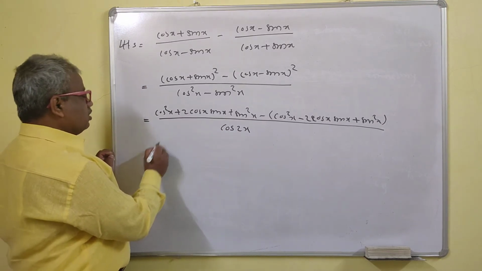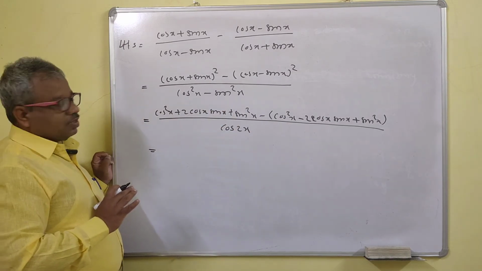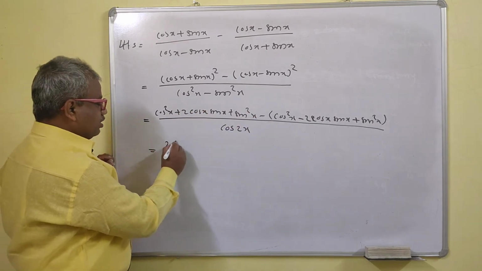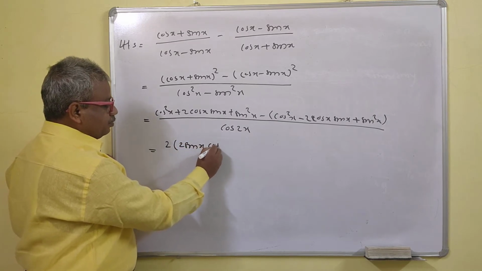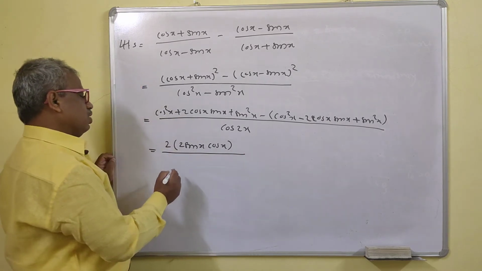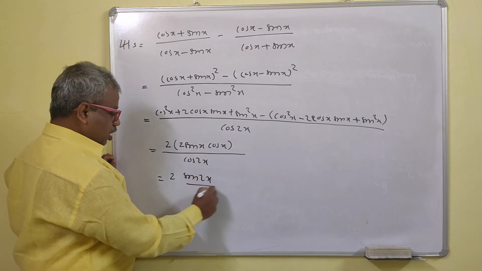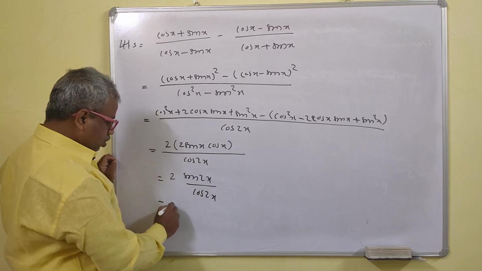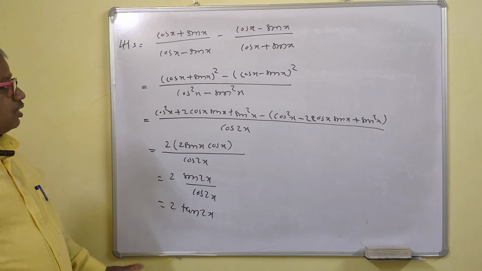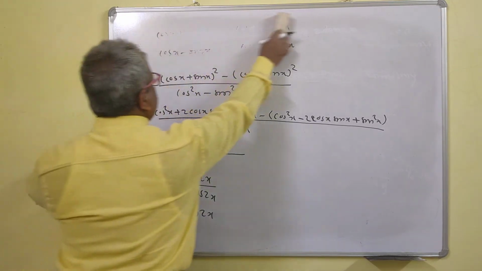Now we have expanded this. Now see that all the positive terms get cancelled, right? So that means here 2 sin x cos x and that 2 sin x cos x will be 4 sin x cos x. Instead of writing 4, we will write this as 2 into 2 sin x cos x, upon cos 2x. So this is 2 sin 2x upon cos 2x. So this will be 2 tan 2x, right? So we are through. So this is a very simple problem. Okay, we'll take the next problem.